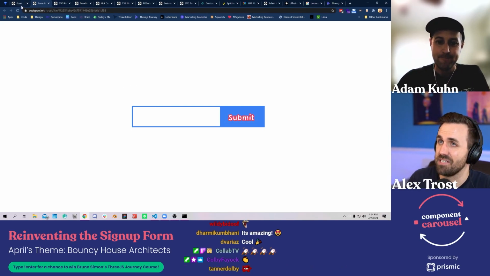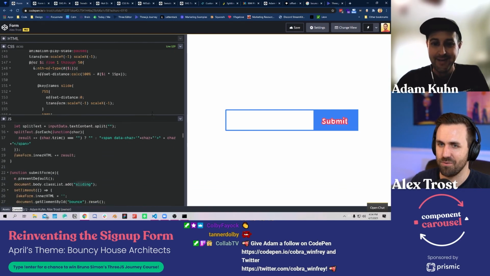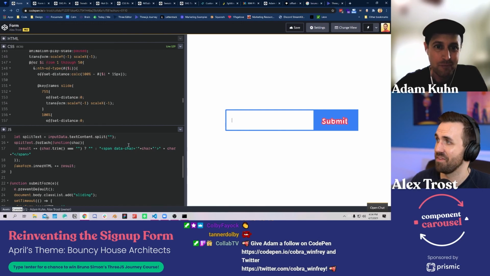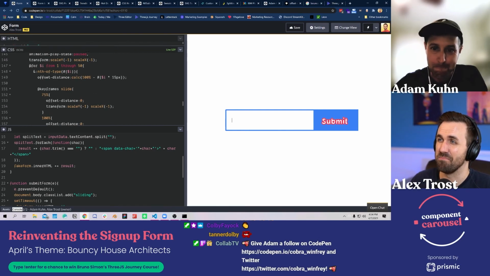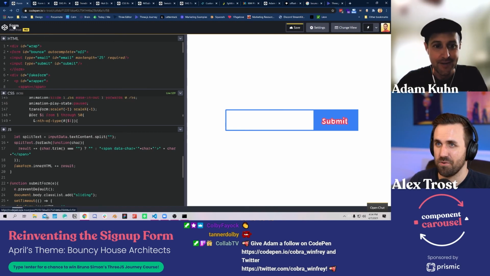Amazing stuff. I'm going to make this public. Actually, honestly, this should be your CodePen. We didn't think this out ahead of time because it wasn't even going to be a CodePen. But I feel weird making this my CodePen. You know what I mean? It is A-okay with me, man. Go for it. I was going to name it Form, by Adam Kuhn.